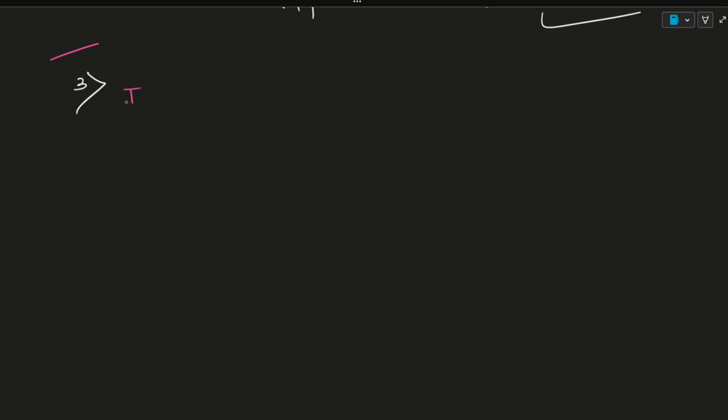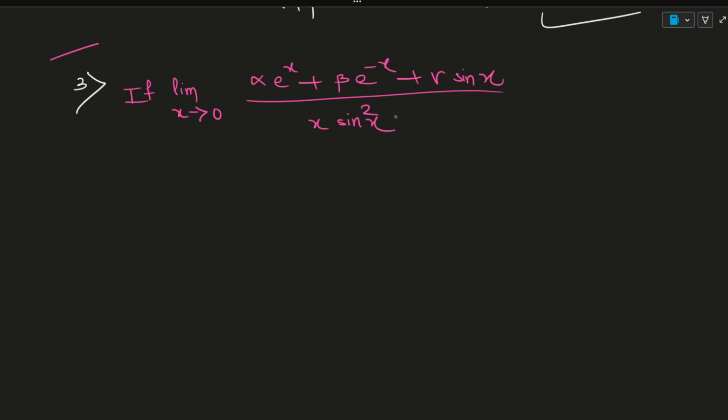If limit x tends to 0, alpha e to the power x plus beta e to the power minus x plus gamma sin x, divided by x sin square x, is equal to 2 by 3, where alpha, beta, gamma belong to R,